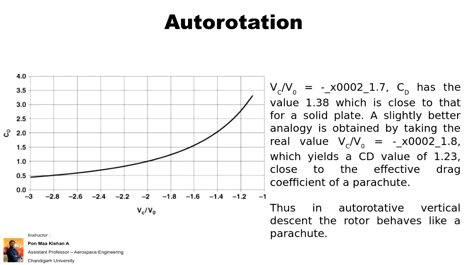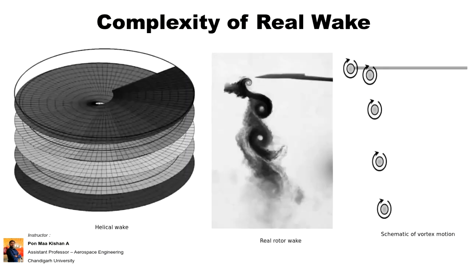Yes, this is the graphical representation which is given for descent rate. That's why they are indicated with minus 1.2. So as speed increases, the drag is also decreasing. So we have to identify the suitable drag value. That is, we have told nearly 1.23, right? So it will be here. So the approximate value will be around 1.8, minus 1.8. Okay. So that much descent rate, coefficient of descent velocity, we have to maintain so that the helicopter will act like a parachute during auto rotation and we can land safely. Okay.